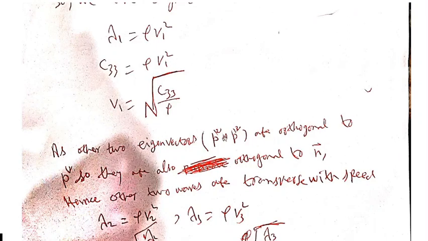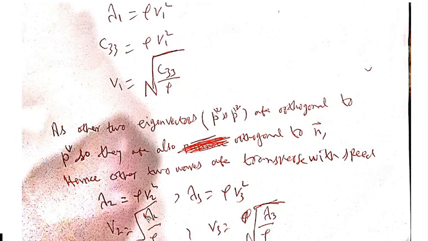Why are they transverse? Because the polarization vectors, the eigenvectors, are mutually perpendicular. When they are mutually perpendicular, then they will be perpendicular to the propagation vector n, because P1 is parallel to n. So when P2 and P3 are perpendicular to P1, they will also be perpendicular to the propagation vector, and then we have transverse waves, and their speeds are,